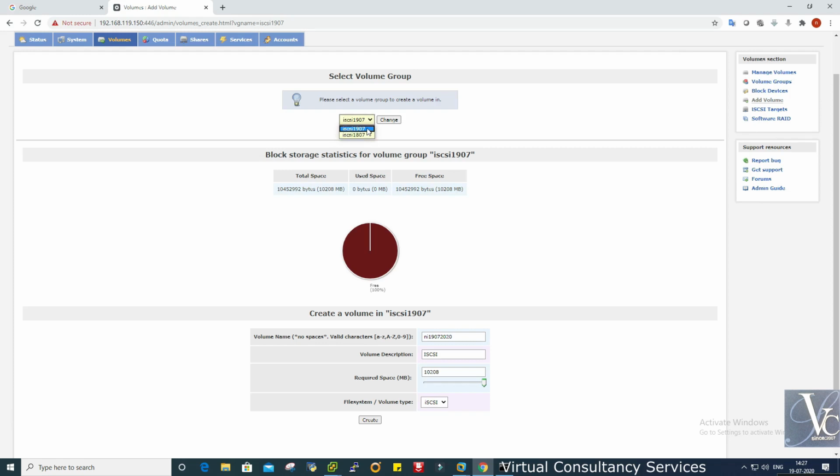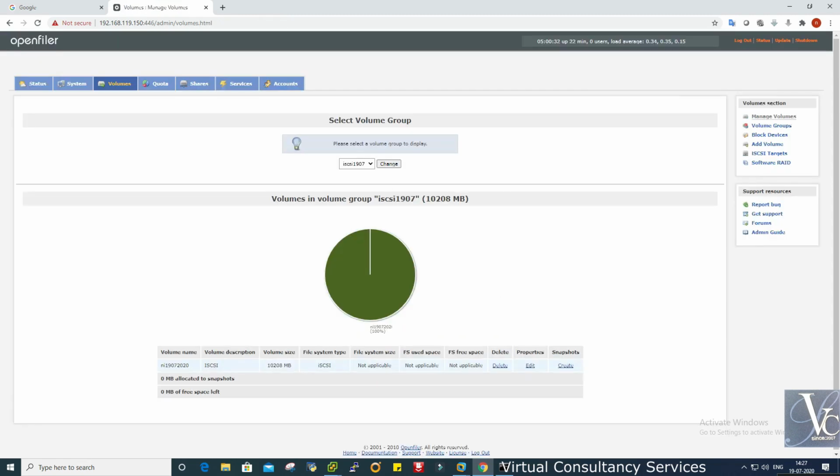So like this volume group 8107, this one 1907, it will show as 10 GB now with the name NI 19072020. Okay, I'm just creating it. So this volume is created.